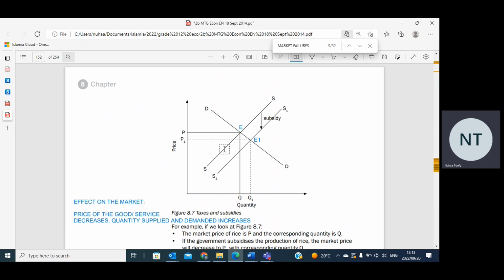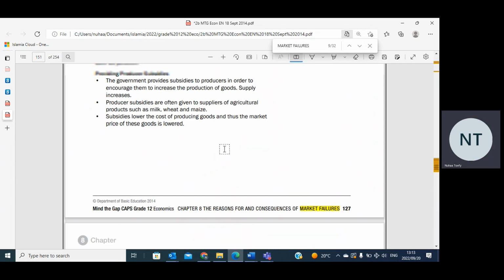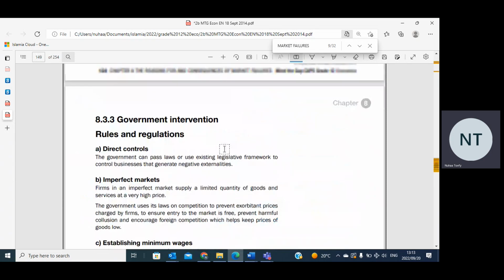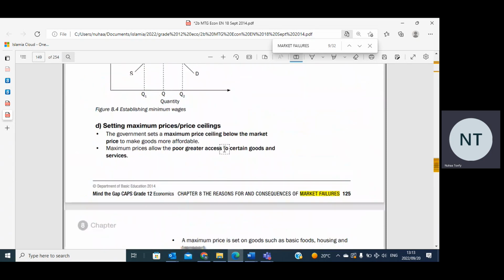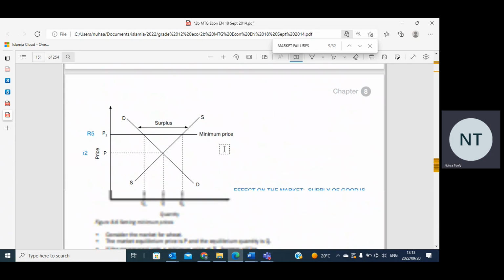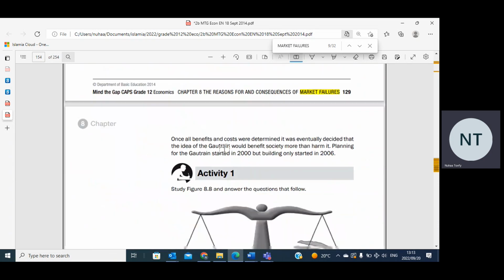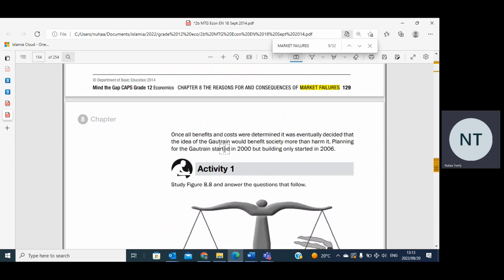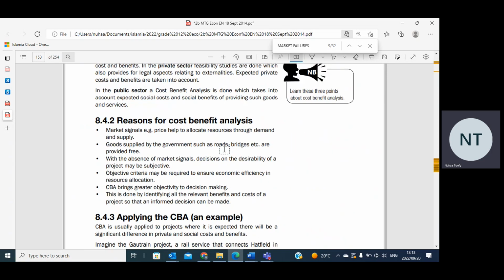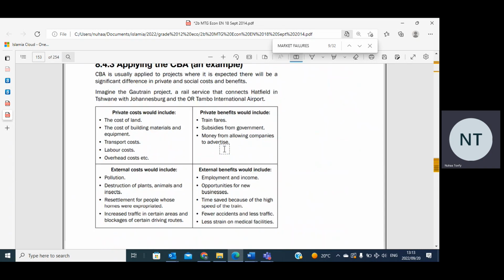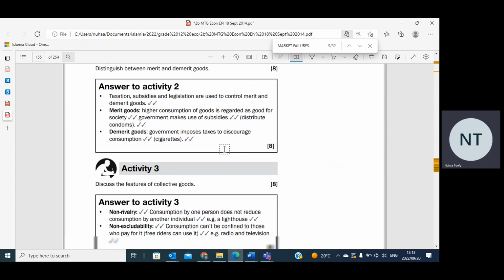That was just a really quick summary of your graphs. And yeah, don't forget to go through the cost benefit analysis as well, understanding why we do a cost benefit analysis, because we're basically trying to weigh up all the costs, weigh up all the benefits. And if your costs are bigger than your benefits, then you're obviously not going to go through with a project. Right. So yeah, you guys can go through that.